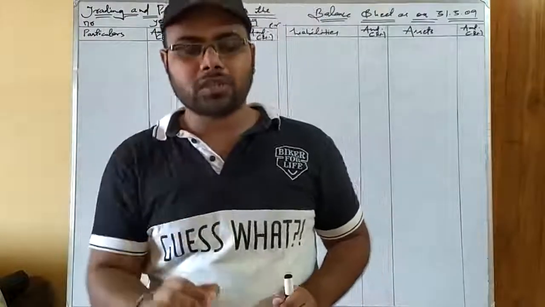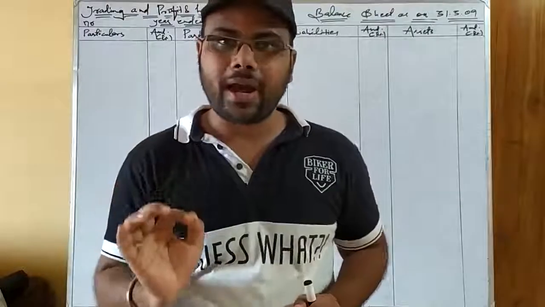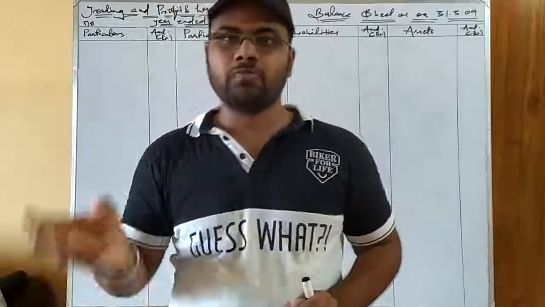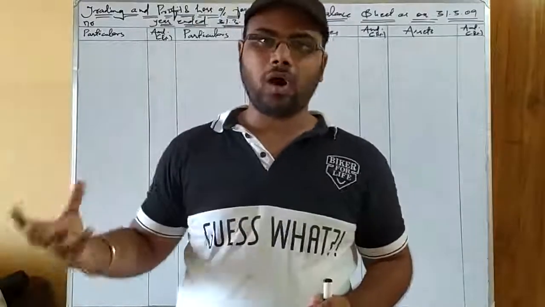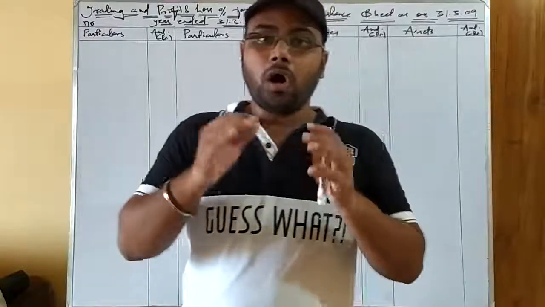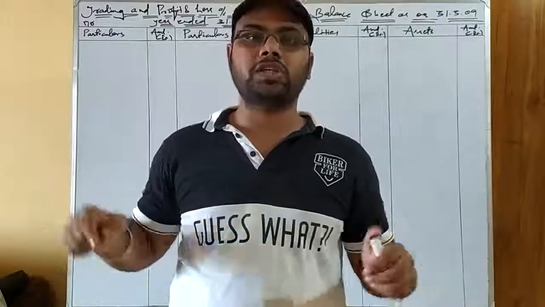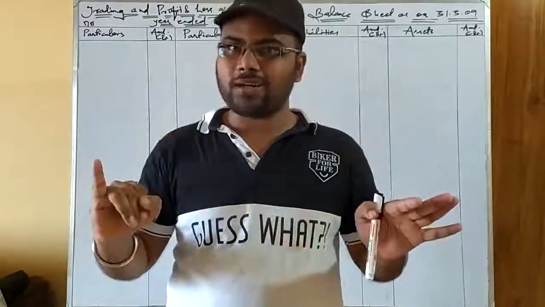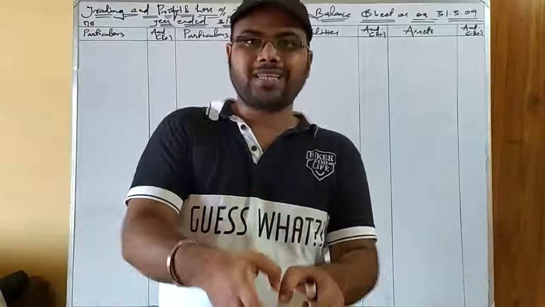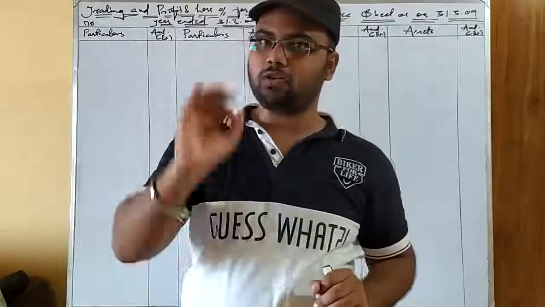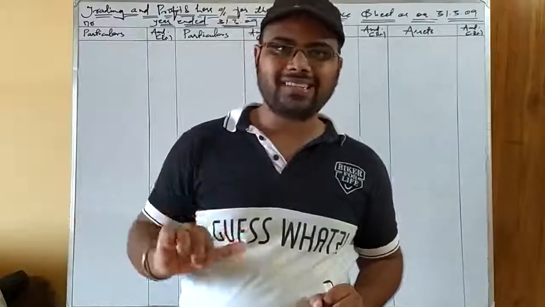Whenever you are posting the items of the trial balance to the respective financial statements, consider in your mind whether the item is an expense, an income, or relates to profit or loss, assets or liabilities. On the whole, for all the items appearing inside the trial balance, make a proper categorization into six categories. The same six categories that you followed before preparing the trial balance, you have to follow while posting items from the trial balance to the financial statements. So what are those six categories? Expenses, incomes, profit, loss, assets, liabilities.